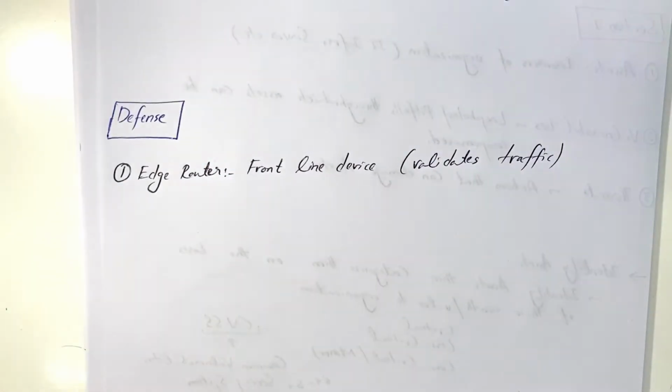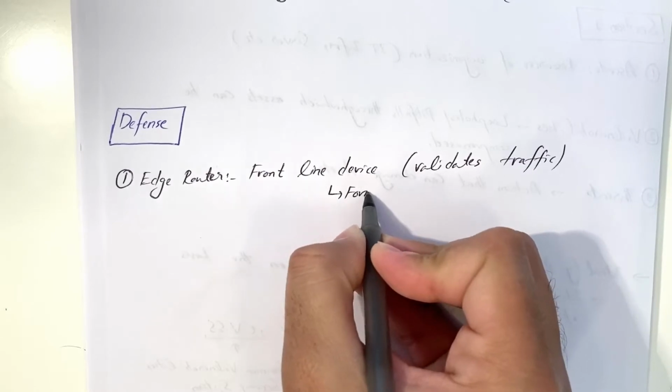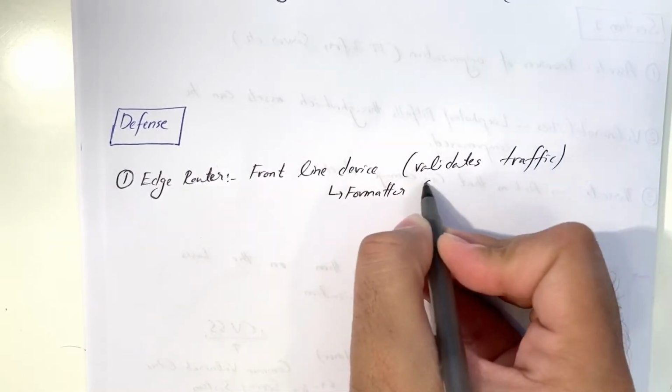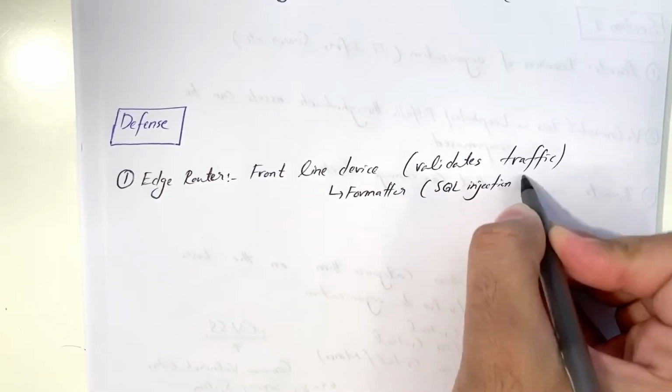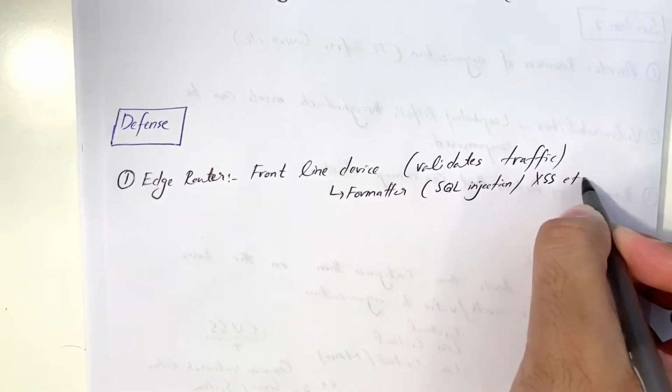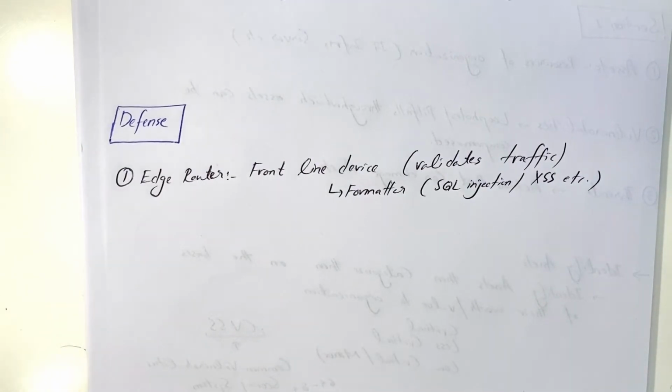You can use an initial filter here. We actually use some formatters to avoid SQL injection, cross-site scripting, etc. These kinds of attacks can be avoided by using the edge router and by putting in the formatter or